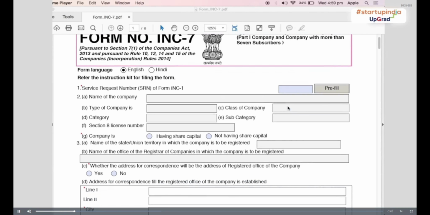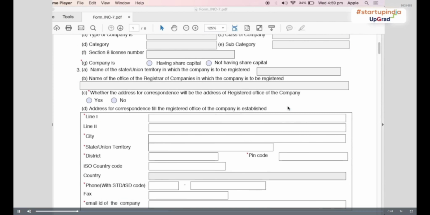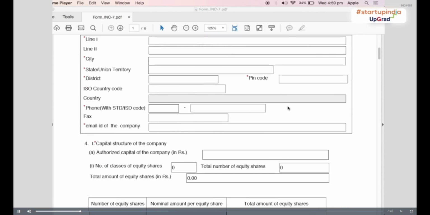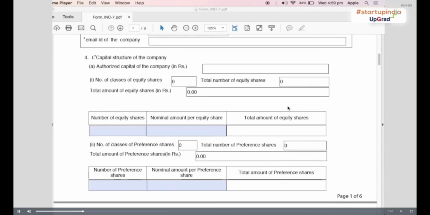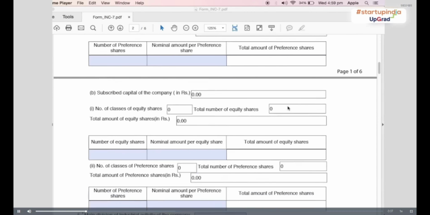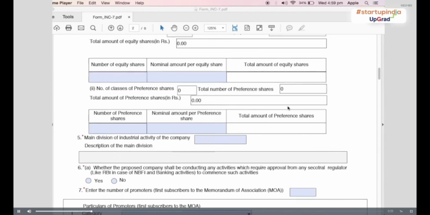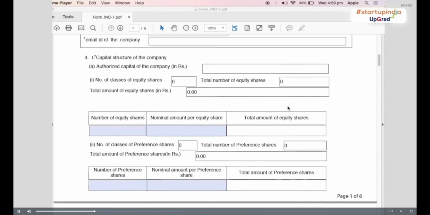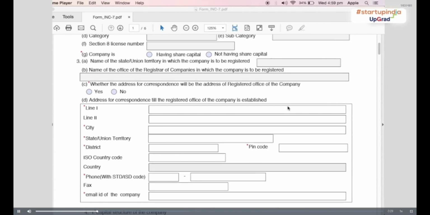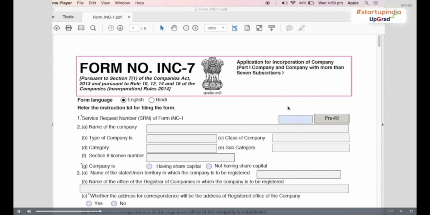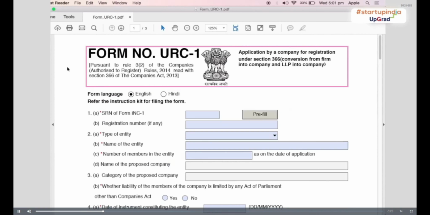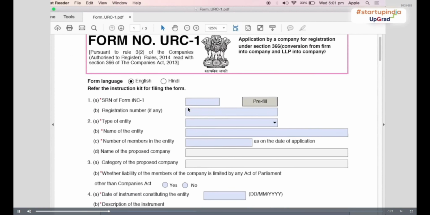INC 7 should also have all the basic details of the company, such as the name of the company, registered office of the company, the main objective that the proposed company is planning to pursue, and the authorized share capital of the company. The minimum authorized capital for a private limited company is 2 rupees and for a public limited company is 7 rupees. Part 1 companies shall mean any partnership firm, LLP, cooperative society or any other business entity